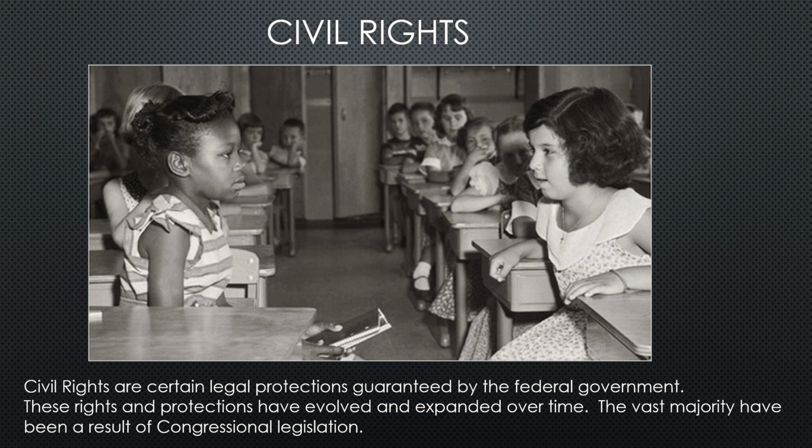Basically saying that citizenship is defined by equal protection, certain privileges and immunities, and that these are based on equality under the law. Now, these are rights and protections, and they have evolved and expanded over time. What's really important to understand is that the vast majority of civil rights have been a result of congressional legislation, meaning that the federal government has taken on more responsibility, more power, not just in legislating, okay, making new laws,